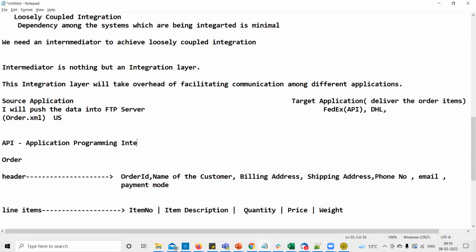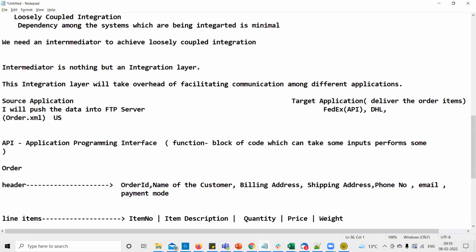A lot of people get confused about it. For the time being, just assume it is a function. That's all. What is a function? To perform any operation. It is a block of code which can take some inputs, perform some logic, and return the output. A lot of people get confused about API,